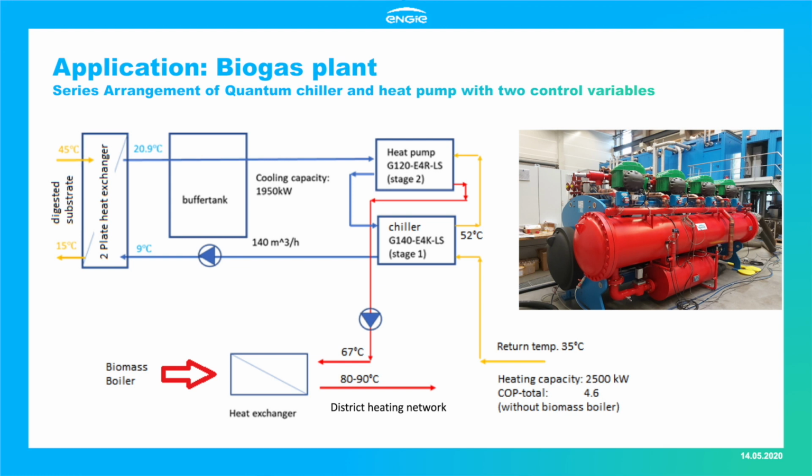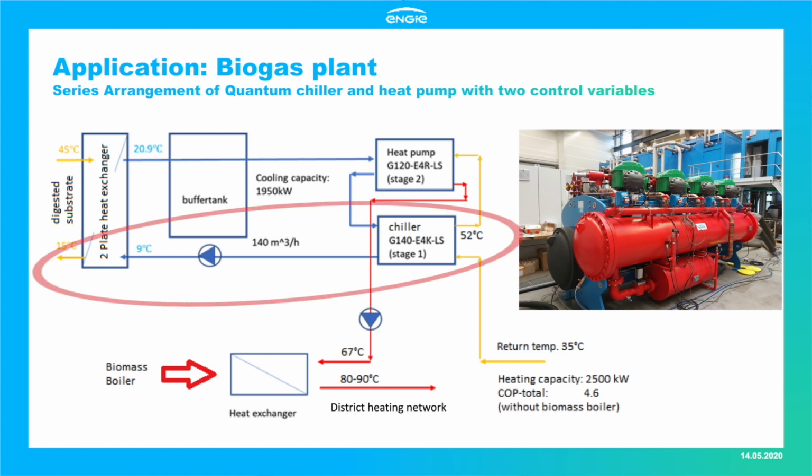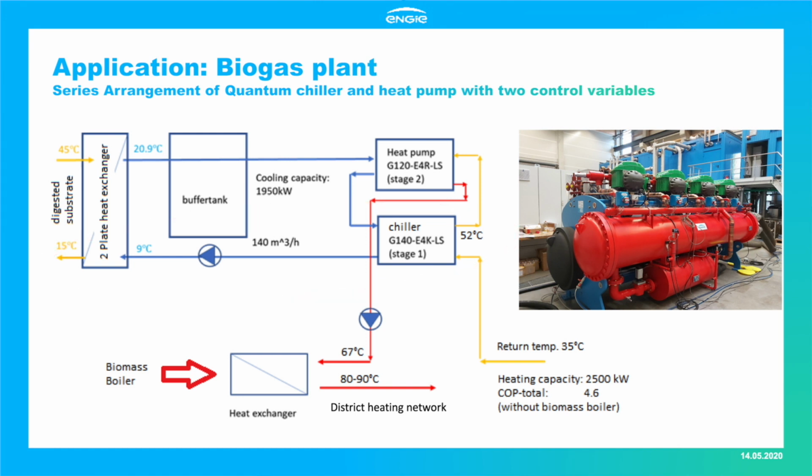The cooling of the substrate is done through two slurry water heat exchangers working in parallel. These heat exchangers are supplied by chilled water at 9 degrees temperature by the NG chiller. The chilled water is pre-cooled by a heat pump supplied by NG, where the temperature of the district heating water returning to the biogas plant at approximately 35 degrees and is preheated by the chiller to 52 degrees is increased